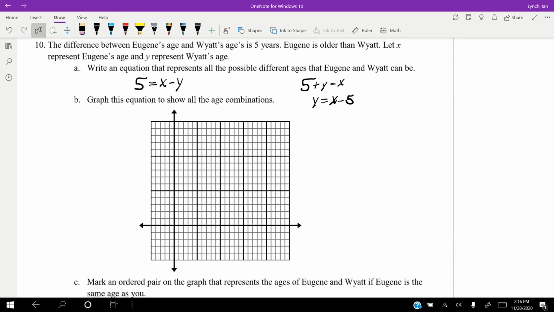Our y-intercept is -5. So, 1, 2, 3, 4, 5. Now, what does this mean? Well, this point really doesn't make physical sense if you think about it. If Eugene is 0, then Wyatt is -5. Can you be -5 years old? No, you can't. So if we follow our slope, we're going to go up and increase by 1 over 1 because each person,